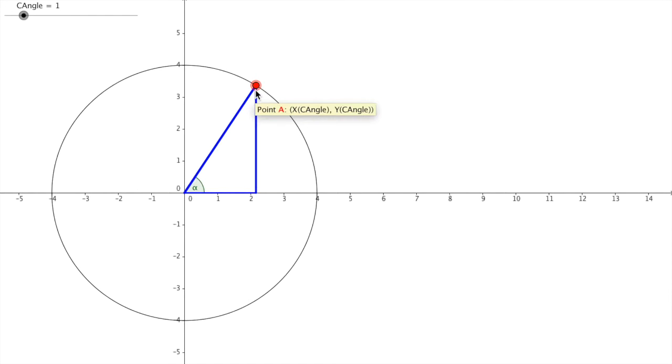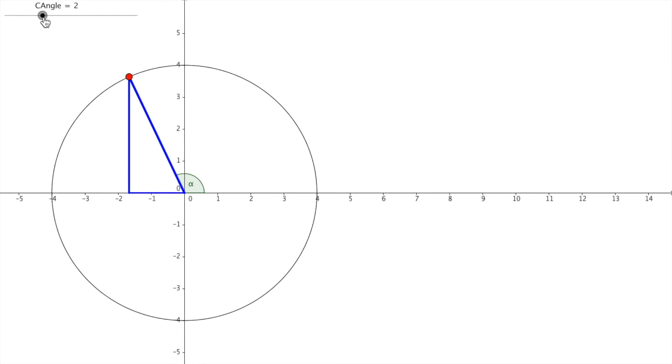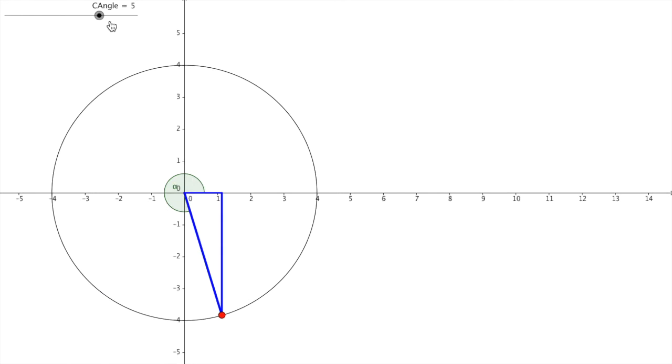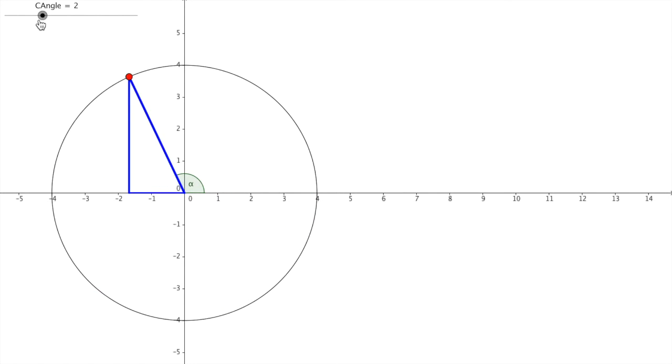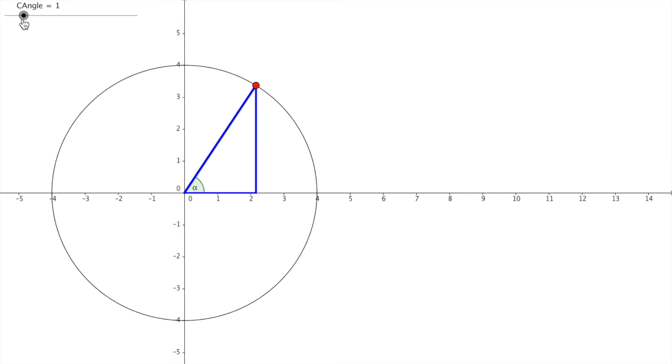So you can see here it says point A, x c angle, and y c angle, where C angle is the variable that I'm changing up here. As I make C angle bigger, it moves the point around this circle at a very constant rate. Okay, so another picture that we could look at,